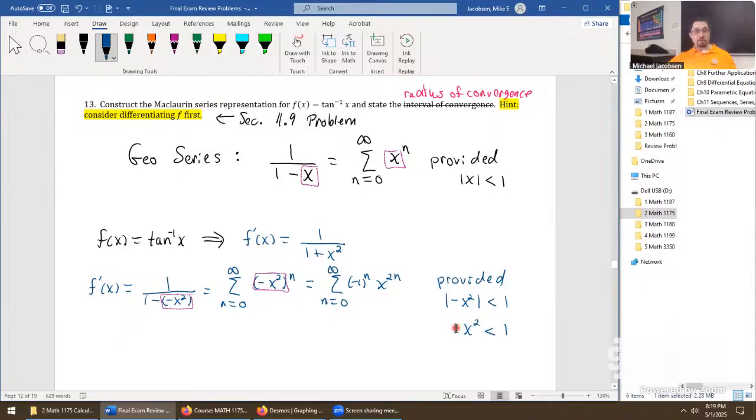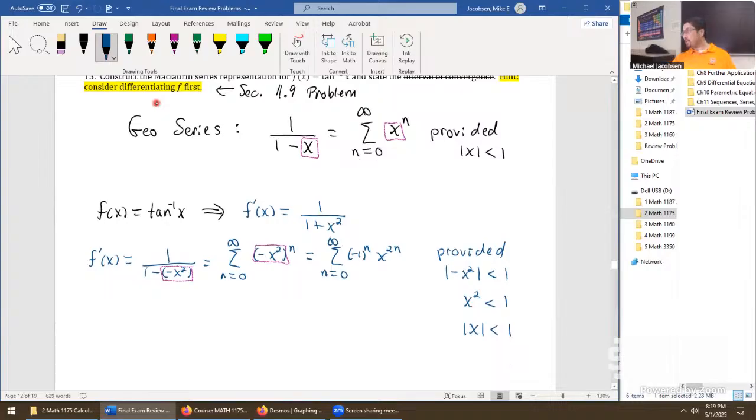Then we take the square root of both sides of this inequality, and we're back to absolute value of x less than 1. So no different on this one. If we had, say, divide by 4 or something like that, this would change a good amount. But what it's now telling us is the radius of convergence on this is 1. Well, we're on the right track.